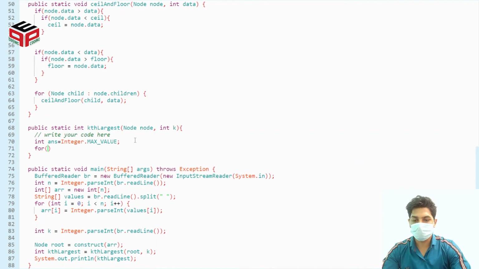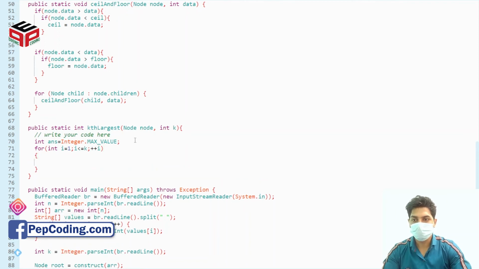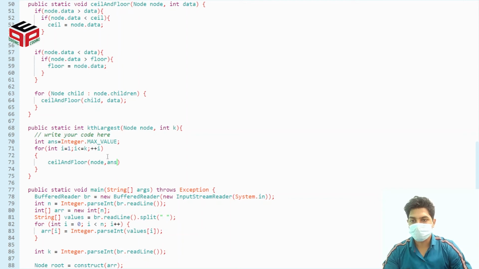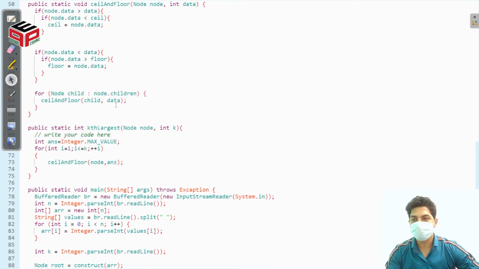Now we'll run a loop for k times, and each time we will call the ceil and floor function which is written over here, for the same node, and the data will be answer. Once the ceil and floor function has been called, what is stored in ceil?